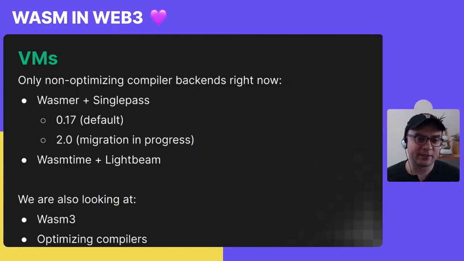First of all, optimizing compilers like LLVM and Cranelift are quite large in their code base size, and we want to be very confident with the WebAssembly backend that we integrate into our blockchain client, so we just try to stay away from them for now. But also optimizing compilers have much more complex behavior. They're prone to compiler bombs sometimes, and we just don't want to deal with it yet. So we still use Wasmer Singlepass and Wasmtime plus Lightbeam right now.